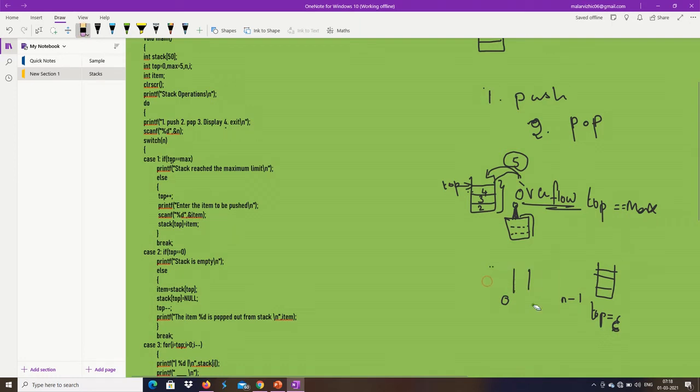Here, at first, I am going to increment the value of top. Why am I not starting with the value 0? You may ask me why I haven't stored the element in stack of 0. According to the stack concept, if the top value is equal to 0, then the stack is empty. That's why here I have started